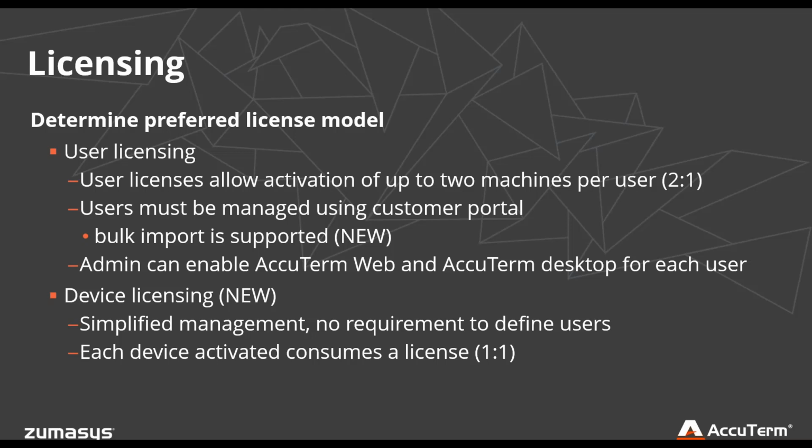So a new feature that is just coming online now is device licensing, which is a bit simpler because we don't have to enumerate each user when we set up device licensing. The company will have one license key instead of a separate key per user. It greatly simplifies things because you don't have to define any users, but because it's device-based, you only get one license per device. So if you have a 50 user license, you are allowed to install it on 50 devices. But it does manage itself pretty much automatically.